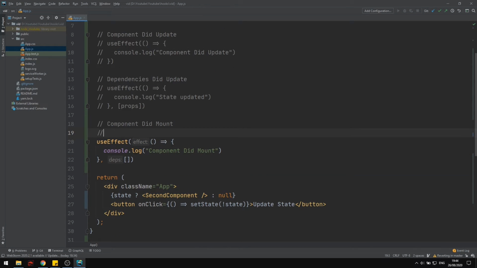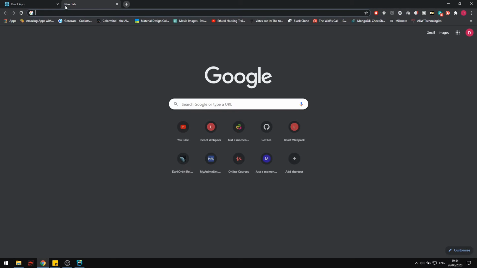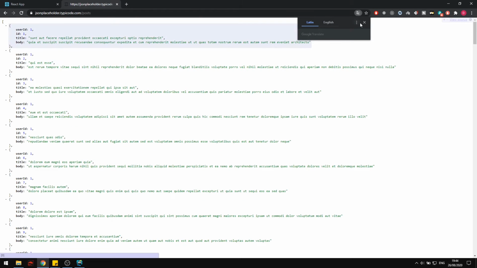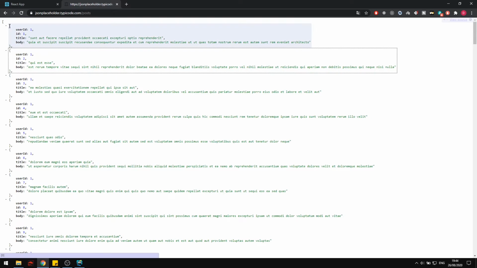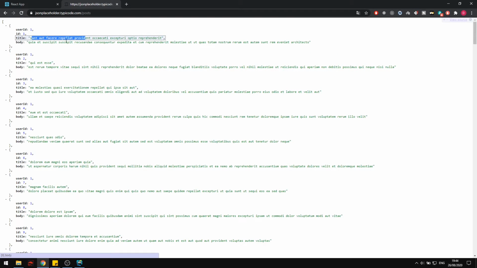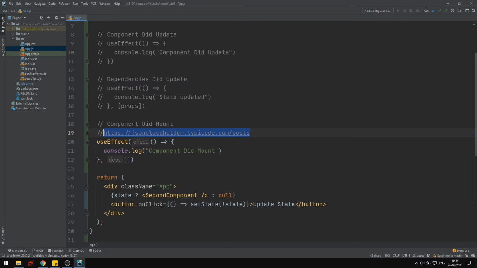So I just grabbed an API endpoint. If I copy and paste this into here, you can see it's just some JSON with posts, so an array of objects with a body and a title. So a use case for component did mount, which is this one where we have an empty array of dependencies, is you might want to fetch some data. So if I just use the fetch API, so fetch this endpoint here,